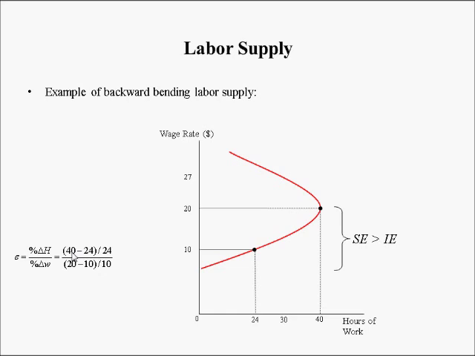What are the hours worked minus what were they, divided by what were they. What is the wage minus what it was, divided by what it was. Okay, so if you compute the elasticity, you get 0.667. Okay, we're inside of -1 and 1, so we say labor supply is relatively inelastic when you go from this